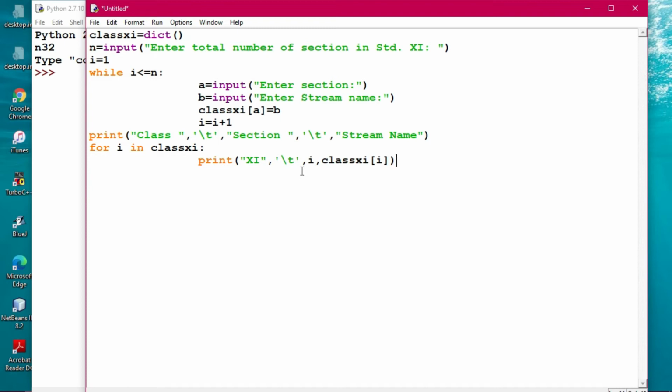Then class 11 has to be printed. Now you have to do it in such a way that this will extract all the data from the particular dictionary and print it in tabular format.